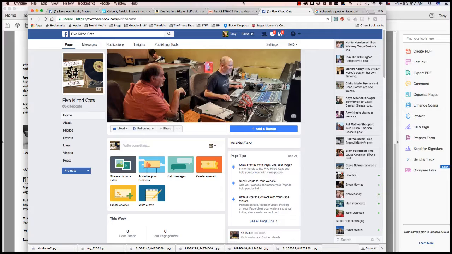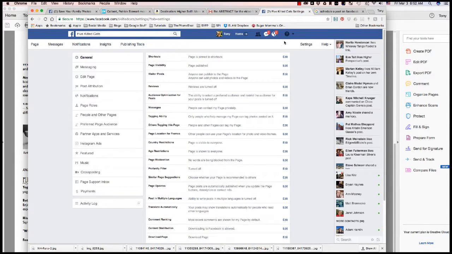page. And so here's a page that I'm looking at right here that is a musical group and that I am the admin on. The first thing that I'm going to go to is this little settings tab right here, in the top right corner. If I click that, when I go into settings, I now have the ability to come over here and under page roles, right there,